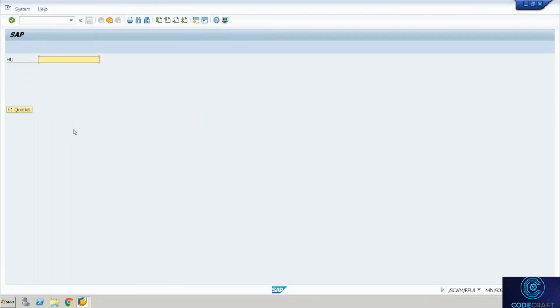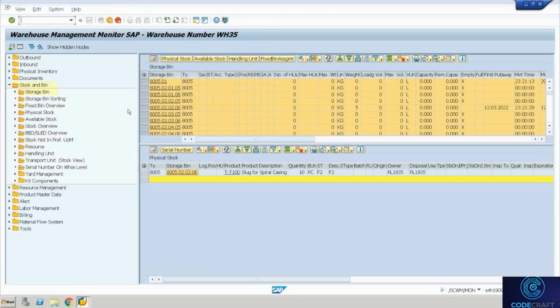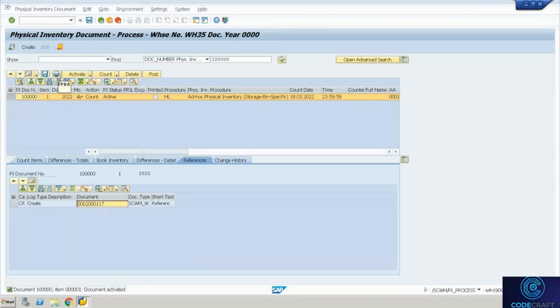Okay, because if it has to be on the desktop, somebody has to first print the document. By clicking on this print, you can print a physical inventory document, take the paper, go to the bin, count, and come back. It's better to